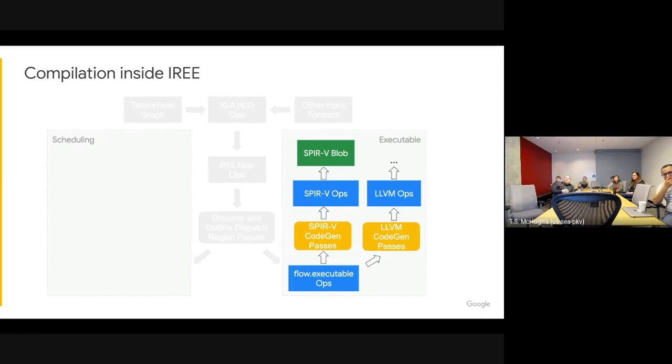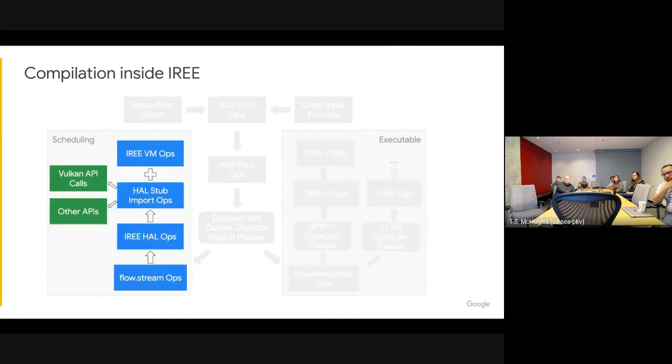Again, the beautiful thing is we're just reusing the MLIR ecosystem here, so anything that can plug in and take the ops that we've identified as executable can then lower these all the way down and go with it. There's nothing IREE specific here. It really is just kind of like a copy paste from the original input into these executable blobs.